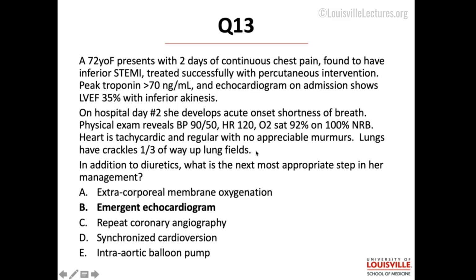So you're definitely going to give this person diuretics, but then you need to think about what else. Well, almost no matter what, you need to get an echocardiogram because that's how you're going to diagnose one of the mechanical complications. Now, people will think about repeat coronary angiography if they're going into shock because that stent was occluded, but we should see something on our ECG. ECMO, well, that's only if we can't get control of the situation.